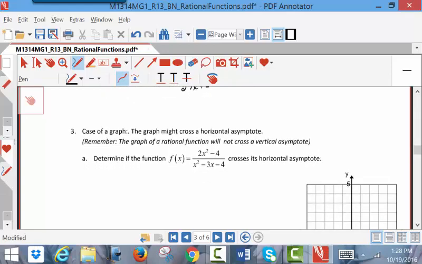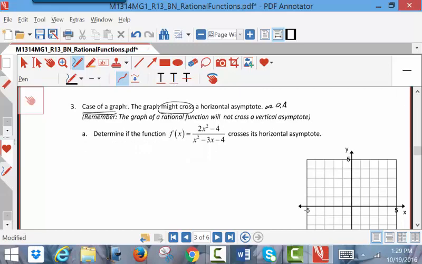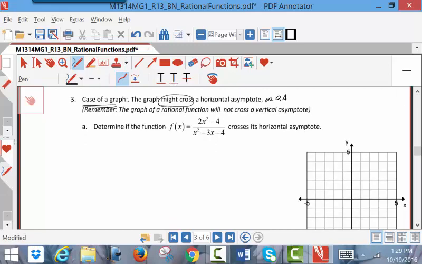Okay, one more thing I have to show you before we finally really get to do some true examples. There's a case of a graph in which your graph might cross your horizontal asymptote. Actually, it could also cross your oblique asymptote. And so I need to show you how to do it. And then when we finally get to an example, it will make sense what you're doing. You won't be so lost. All right? So in this example, we're going to have,